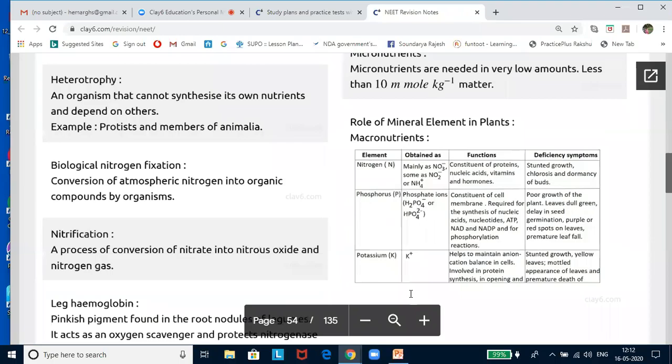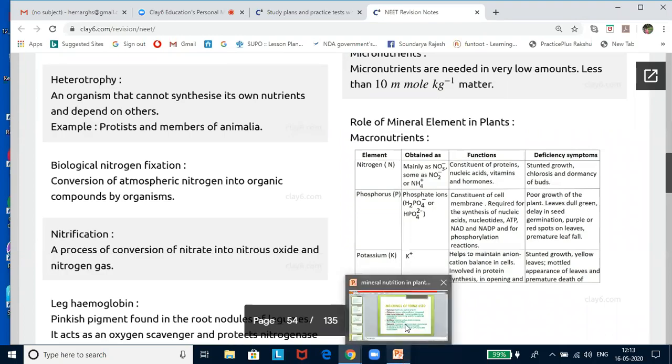Now let us look into the role of these macronutrients in the plants. The first one is nitrogen. Nitrogen is obtained from the soil in the form of nitrites, nitrates and ammonium salts. Nitrogen is a constituent of amino acids, proteins, amides, nucleic acids, enzymes, some coenzymes, chlorophyll, and alkaloids. It is therefore essential for cell division, full vegetative and reproductive growth, metabolic activities of the cell, photosynthesis, etc.